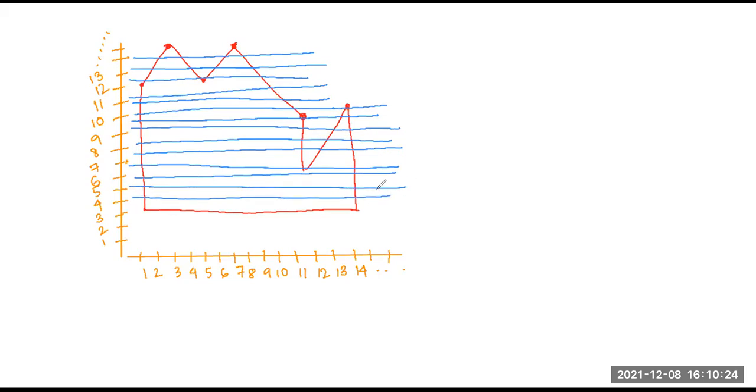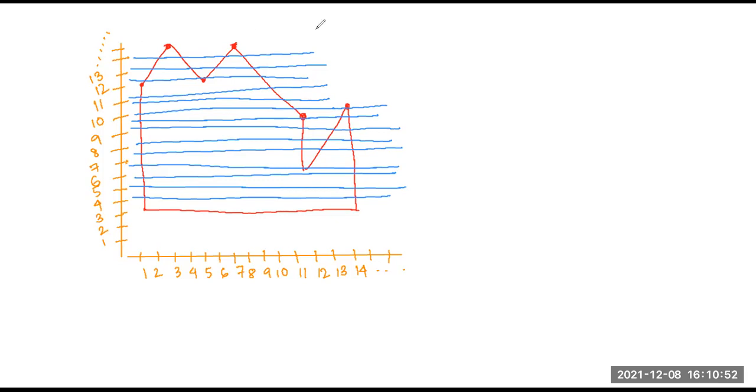very fine lines. Here I am drawing it with space between the lines, but actually in reality there isn't much space between any two lines. Okay, it's very fine. First it will draw scan lines from top to bottom one by one. Then it will find the intersection values with all the edges.